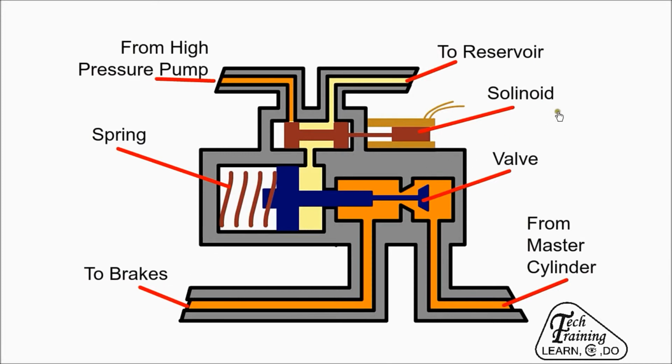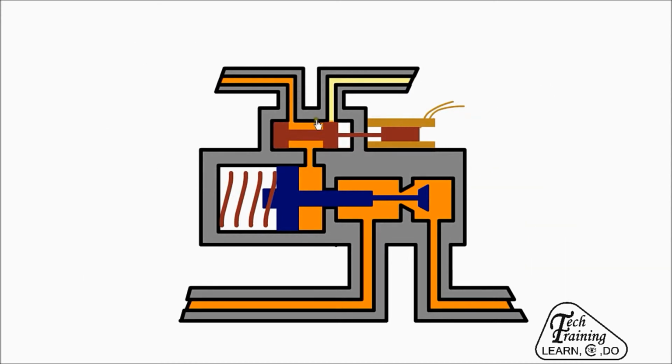When the ECU detects that a wheel is on the verge of locking, it activates the ABS solenoid. The solenoid moves to the left and allows through a high pressure fluid from the pump. The high pressure fluid exerts a force on the piston and closes the valve against the spring pressure. When the piston moves to the left, it also allows more space for the brake fluid and reduces its pressure,